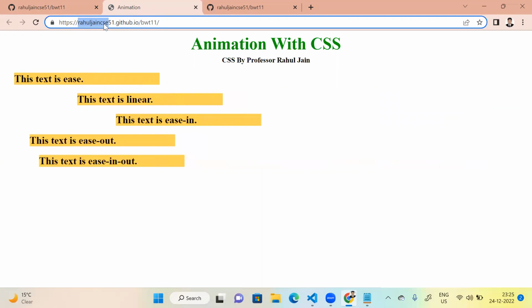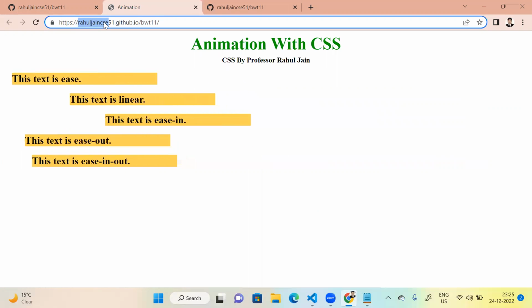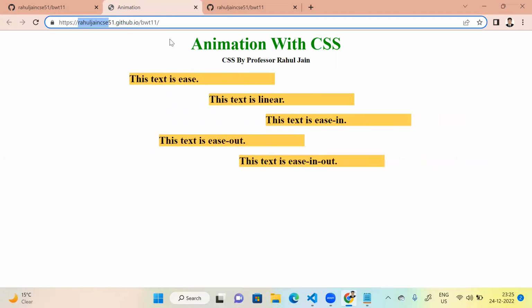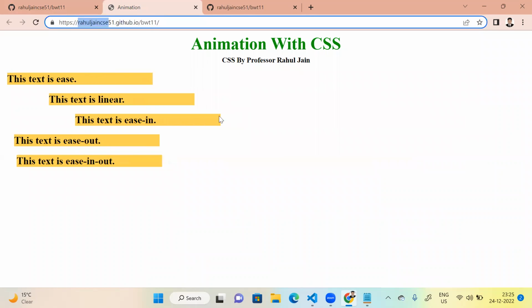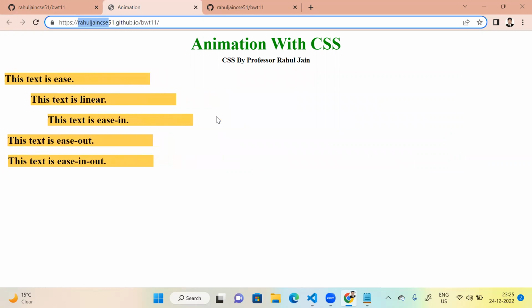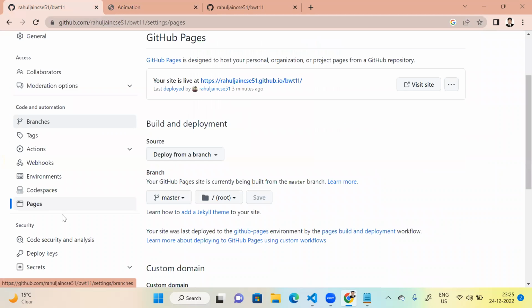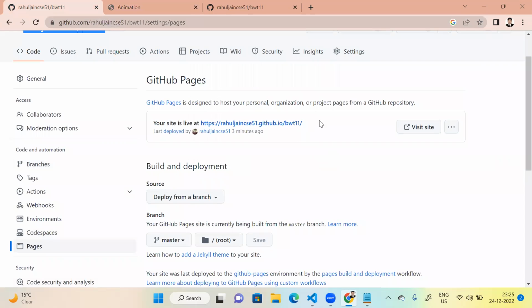So you will have your own username, let's say abc.github.io, and then your repository name. And this is the way you can publish your website. This is how you can use GitHub Pages to host your personal or organizational or any projects in a GitHub repository. So you have to come again to the pages, and you can see